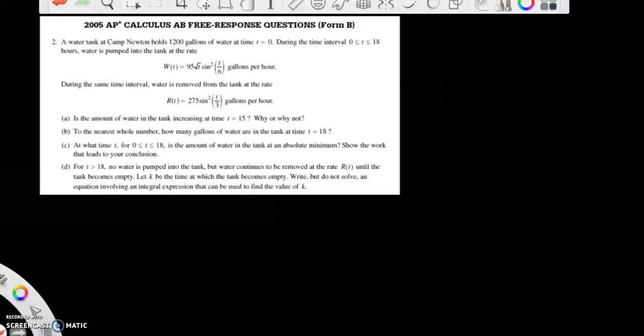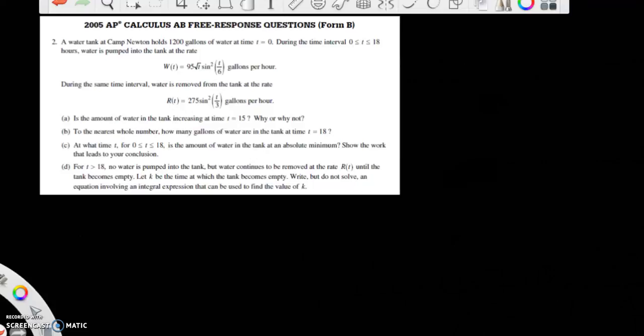In this video, we are going to solve 2005 AP Calculus AB FRQ Question Form B. It says a water tank at Camp Newton holds 1,200 gallons of water at time t equals 0. Okay, so that's the initial amount. That's pretty important. During the time interval between t is between 0 and 18 hours, water is pumped into the